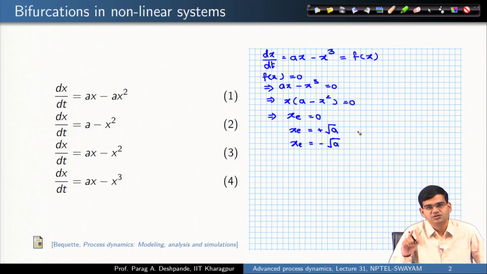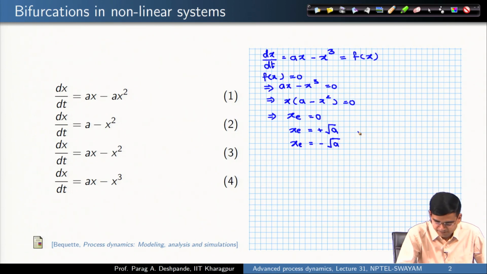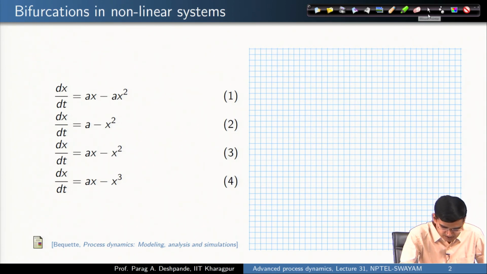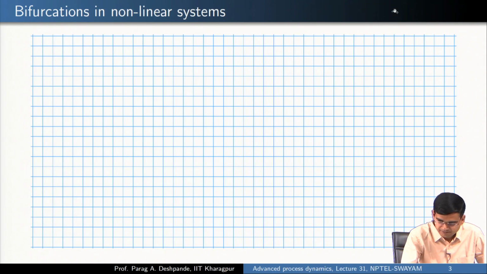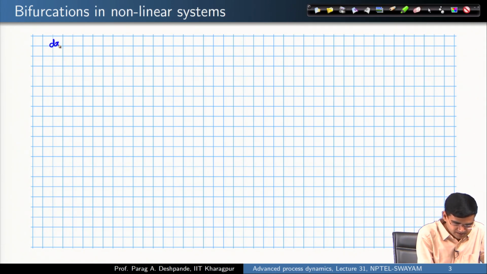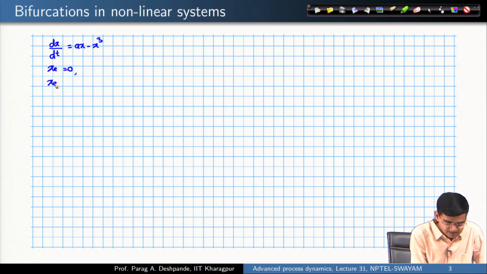My equation is dx by dt is equal to a x minus x cubed. x e is equal to 0, x e is equal to plus root a, and x e is equal to minus root a are